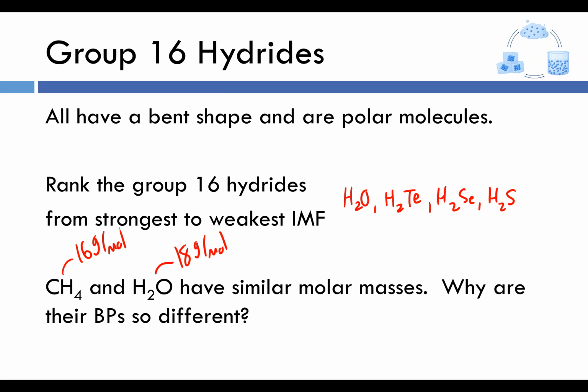IMFs can have a huge impact on something like boiling point. Strong intermolecular forces are going to hold those molecules together, and it's going to require a lot of energy to get them moving fast enough to break away from one another. Our nonpolar molecules, like CH4, have London dispersion forces. So when their molar masses are about the same, chances are the one with the strongest intermolecular force will have